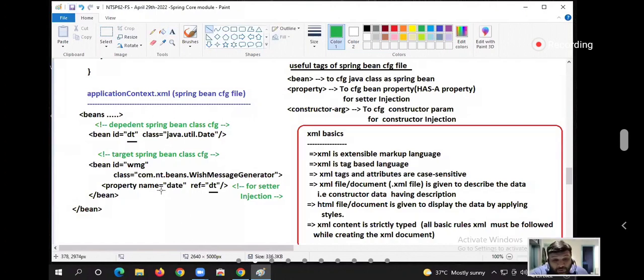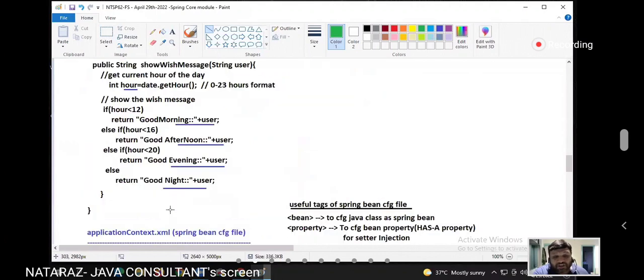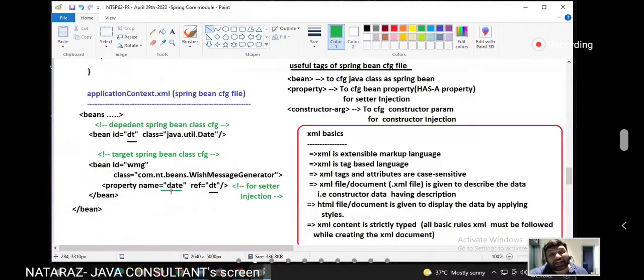That property name you mention in the property tag. See, what is the property name? Date. How are you telling Spring container you have to inject some other bean class object? A Spring bean is identified with its what? Bean ID. What is the date class bean object name, guys? DT. Because the ID becomes the object name, no? Same DT is placed.